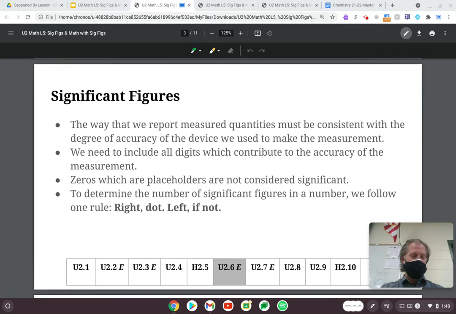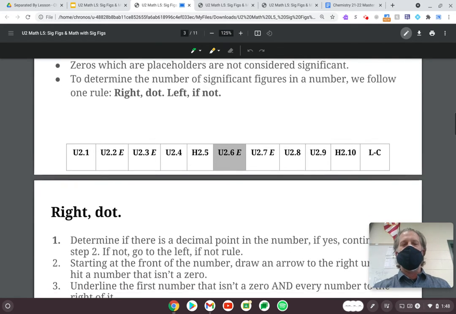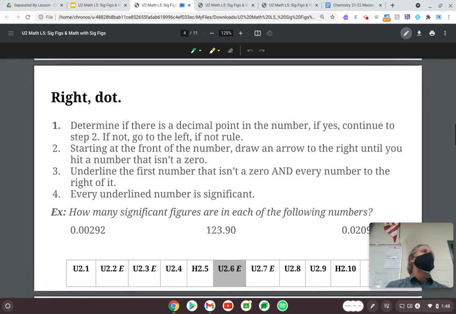Now, when I learned how to do significant figures, there were like 7 or 8 rules that I had to memorize and incorporate and become part of my soul. But you don't have to memorize those rules because we developed a cheat code. And by we, I think it was Miss E who came up with this cheat code. So here we go. Write dot. What that means is that if you're looking at a number and you're asked to identify the number of significant figures that value has inside of it,